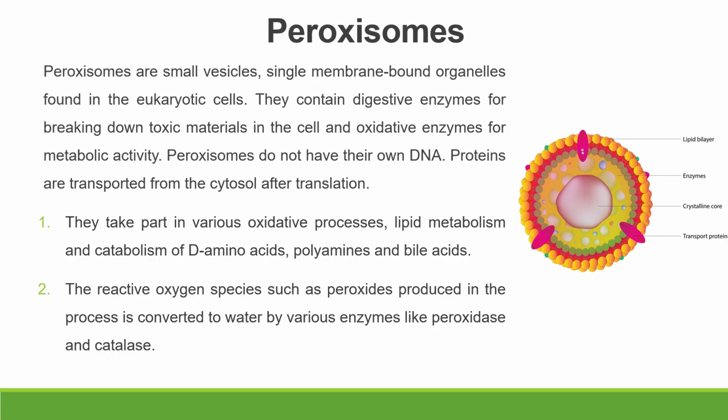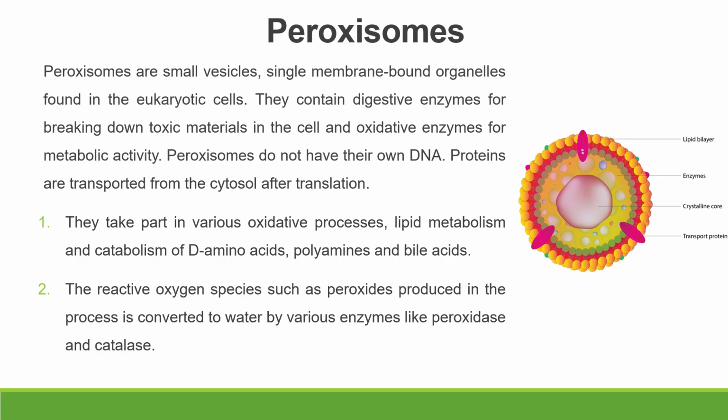The next cell organelle is the peroxisome. The peroxisome is a small membrane-bound organelle found mostly in eukaryotic cells, especially abundant in liver and kidney cells. You need to remember that peroxisomes are abundantly present in the liver and kidney cells, and they play a major role in detoxification and metabolic reactions, which involve the oxidation